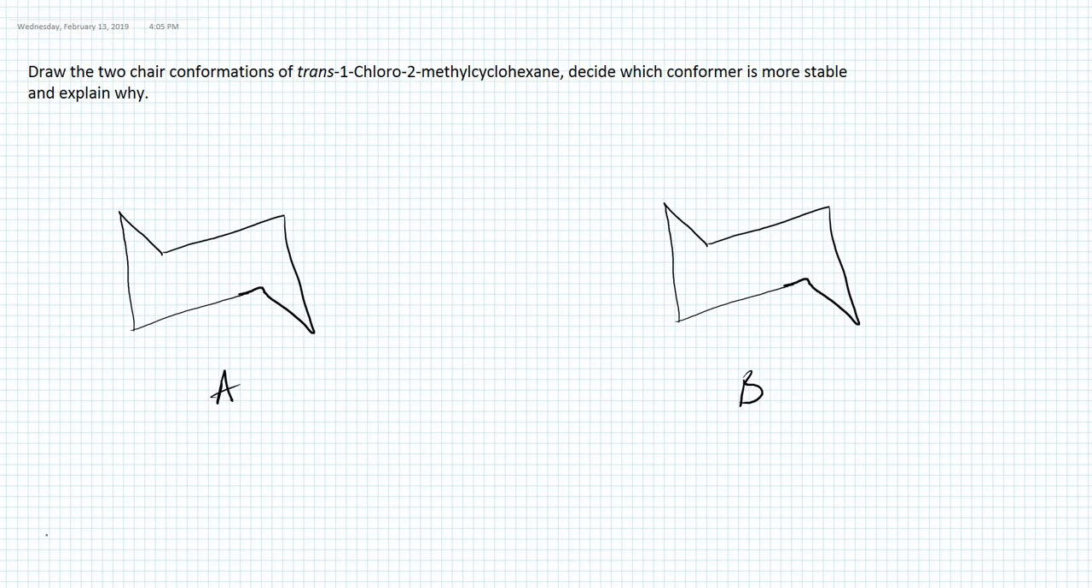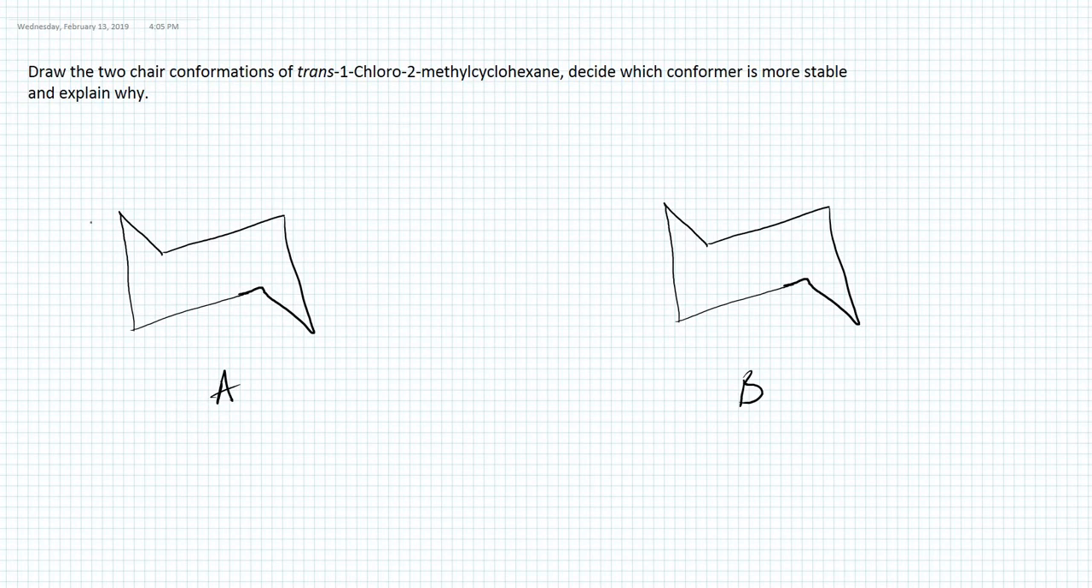Hi, in this tutorial we are going to practice drawing chair conformations of cyclohexanes. We have a question and the question asks, draw the two chair conformations of trans-1-chloro-2-methyl cyclohexane and decide which conformer is more stable and explain why. In this question we need to generate two chair cyclohexanes corresponding to